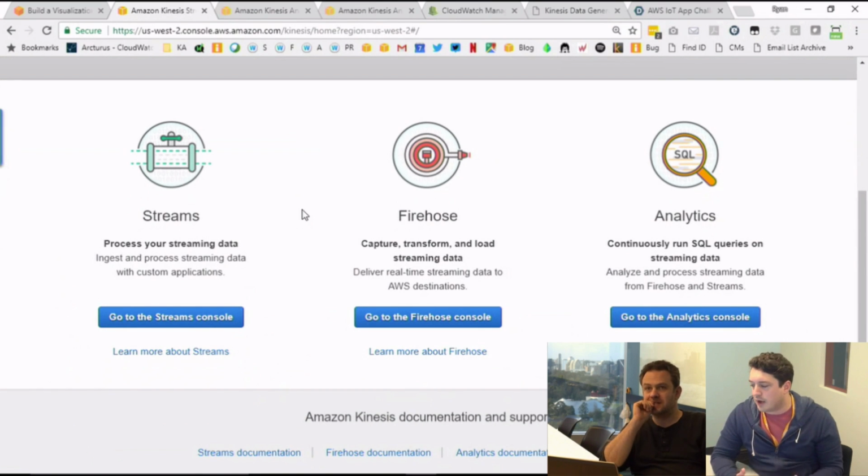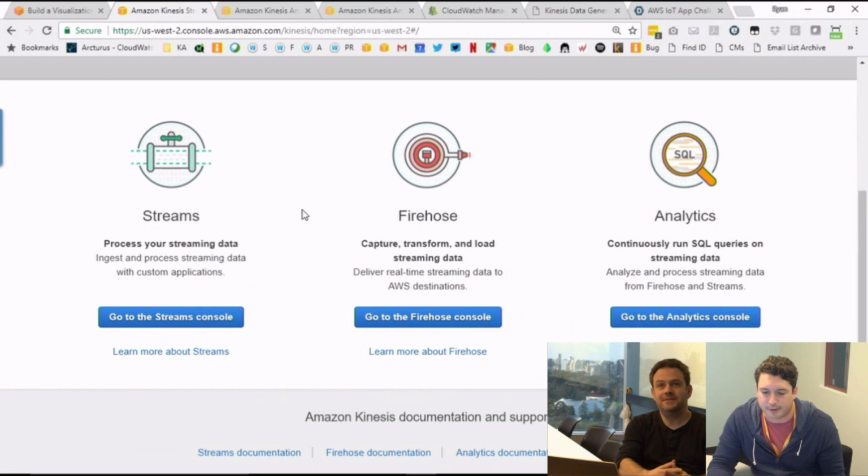So when you work on your IoT app challenge solutions, one cool thing you can do is get the data flowing from AWS IoT into a Kinesis Stream or Firehose, filter out interesting events, and then react to it in real time, either in a visual way or through an alarm, a metric, or a dashboard. That type of solution is really compelling, and that's what we see our customers themselves implement. I encourage you to try out all three services. We're going to walk through how this solution works and show you how they work.